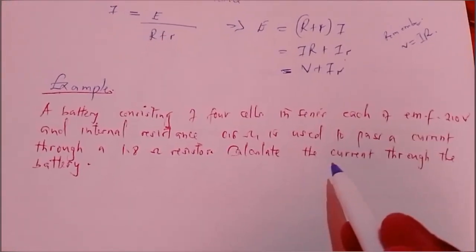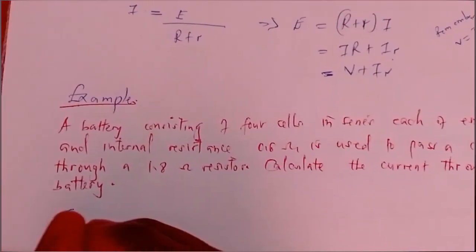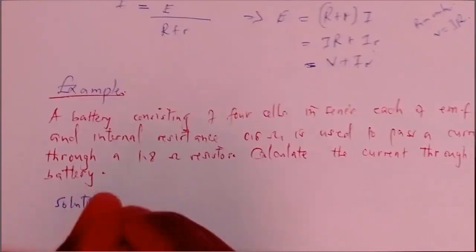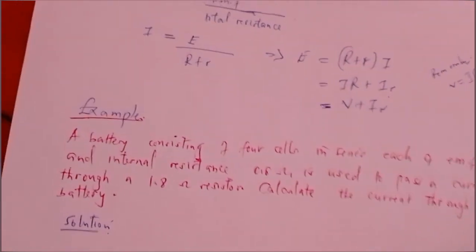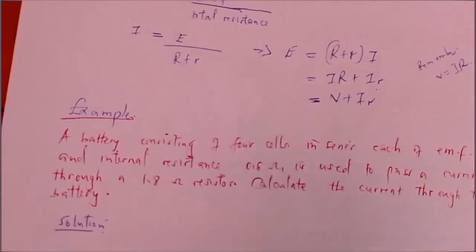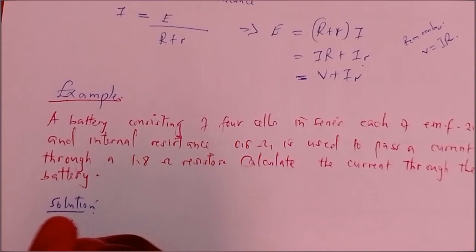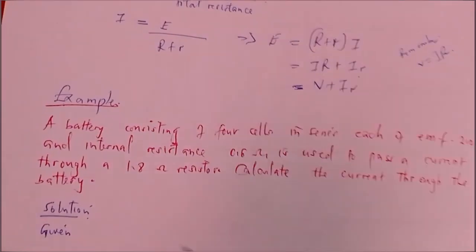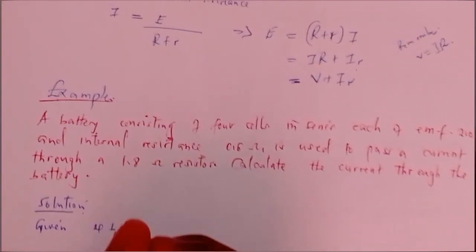Calculate the current through the battery. Solution. We have been presented with 4 cells,